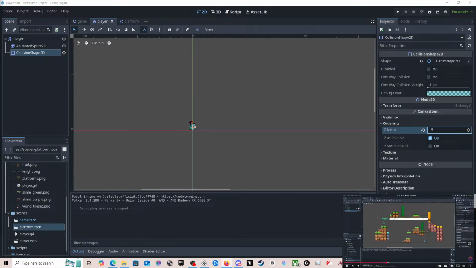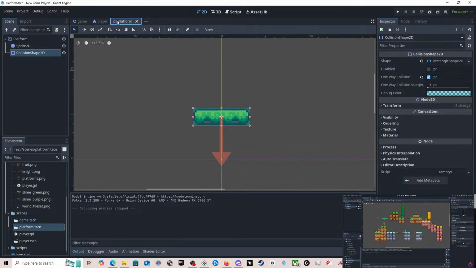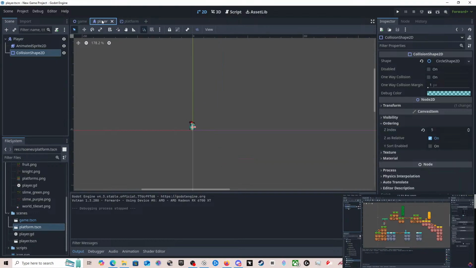And as you can see, it works. However, one problem right now is that we can't actually jump onto the platform from underneath. Yeah, so we did that. We can jump behind the platform. This is because the platform is currently after the player in the tree. This means that each frame, the player is drawn first, and then the platform is drawn on top. We could just move the player in the tree, but I don't want to depend on that. Instead, we fix the draw order by changing the z-index of the player. So, in our player scene, we go under...